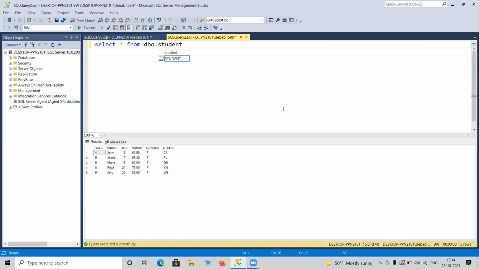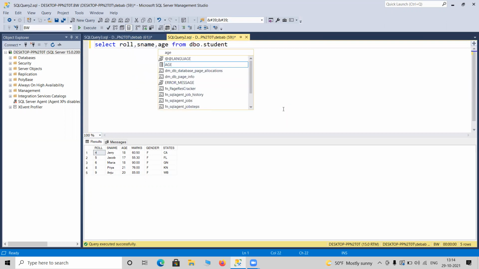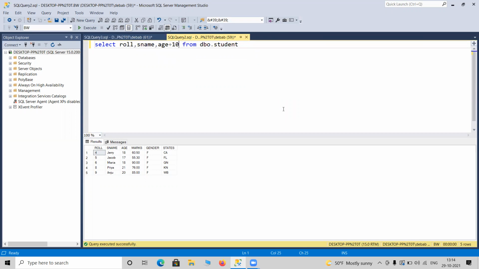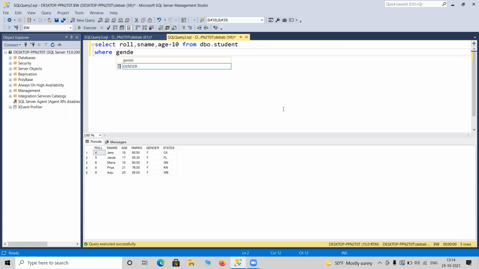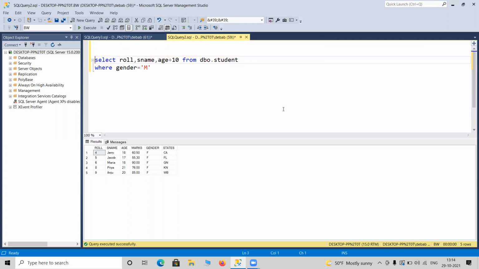I can modify this table: I can use role, its name, I can use age plus 10, and I can add a where condition, age greater or where gender equals male, some weird kind of query.